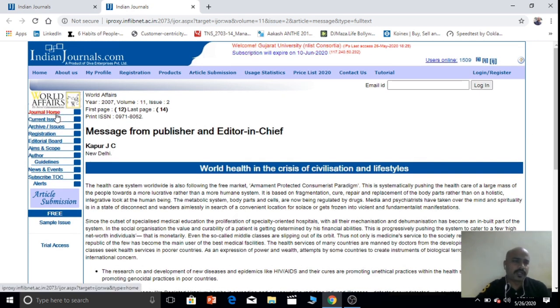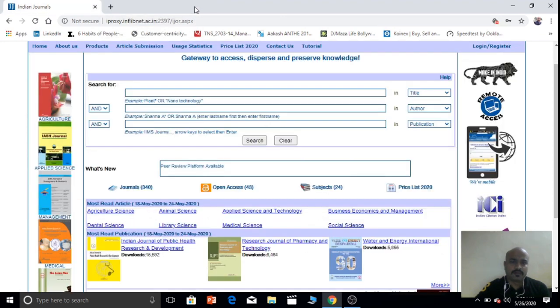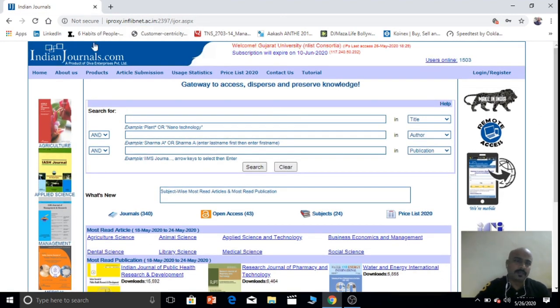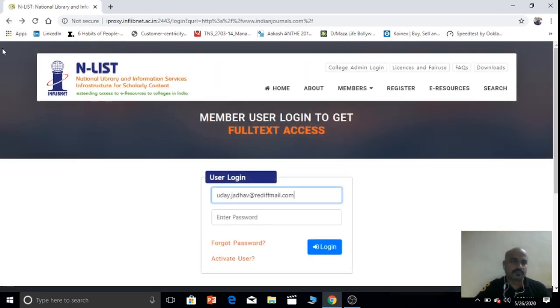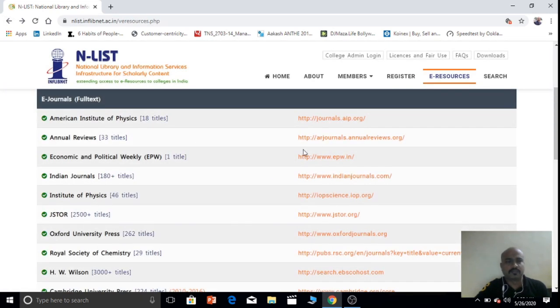Here on the left hand corner you can see journal home, current issue, archive issues, and other information. You can search it later. Now we will go back and search one ebook also. We have searched a journal from Indian journals.